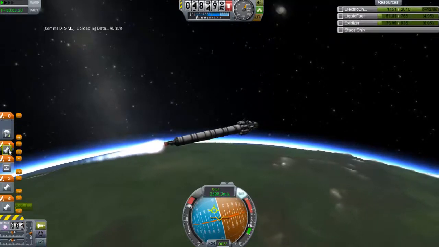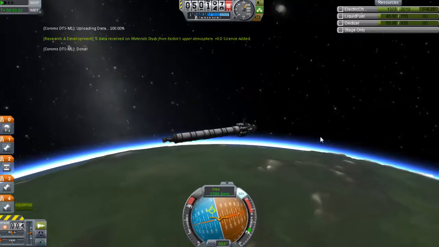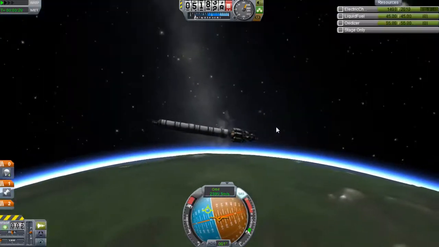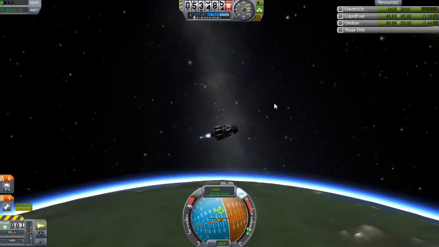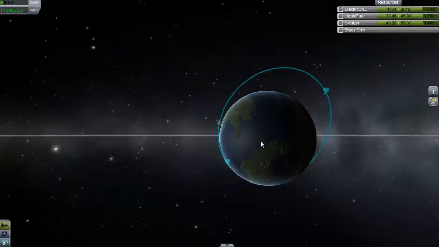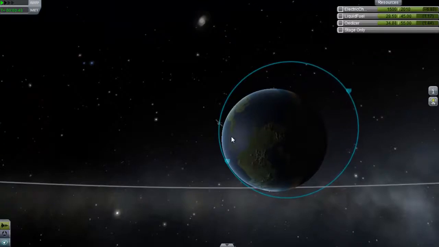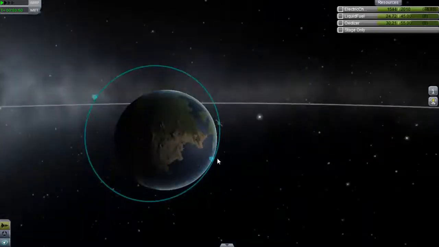Okay, I did not mean for that to happen. Let's fix that. There we go. That one has no liquid fuel? Okay. So we're gonna have to use our reserve fuel. I was hoping to use it to get out of orbit, to get back into orbit. Okay. Okay. Let's cut it there. Our orbit cuts real close here,